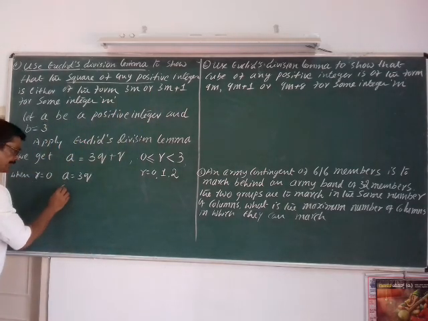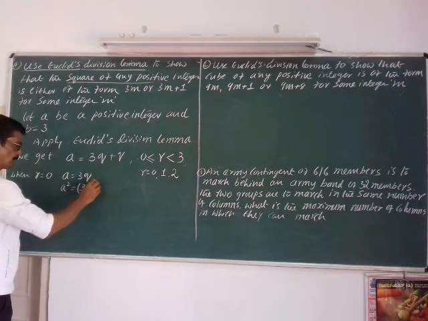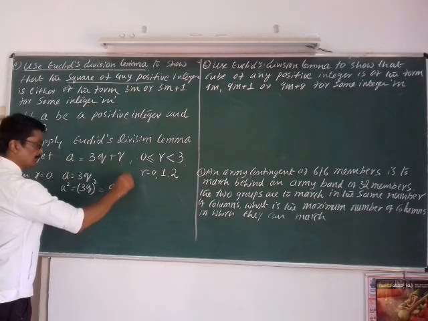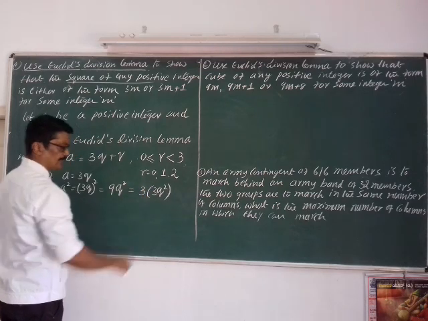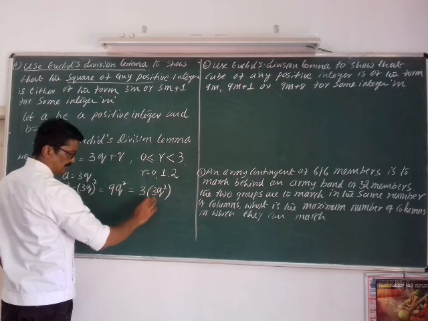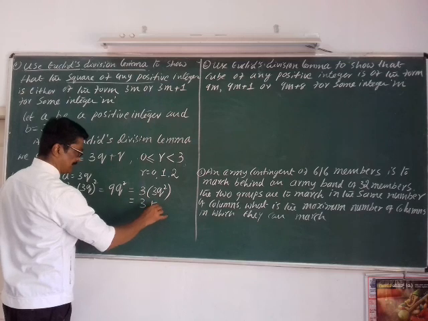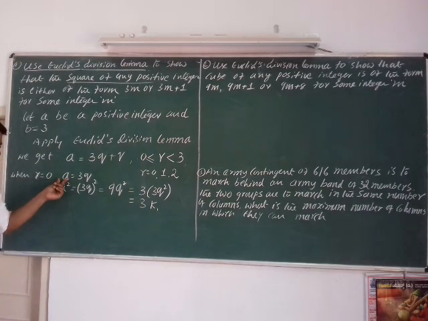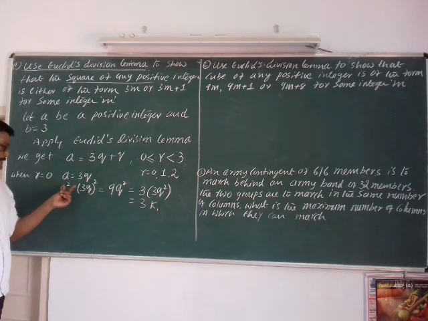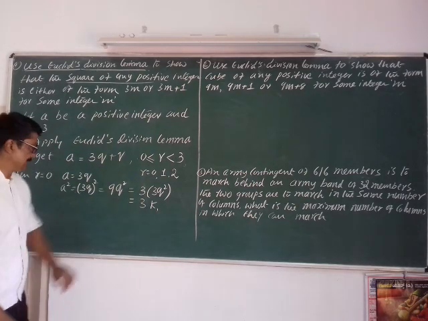So now what you have to do is, you have to square this number. So it becomes 3q the whole square, that is 9q square. And this can be written as 3 into 3q square, and let 3q square be k1. Let it be k1. So it is of the form 3m. Is it not? We have taken a positive integer a and it is divided by 3. The square of that number is of the form 3m, where k1 is some integer.